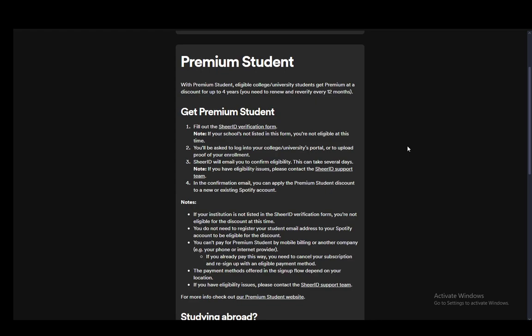subscription discount for yourself. Now, with Premium Student, eligible college and university students get a premium at a discount for up to 4 years, and you'll need to renew and re-verify every 12 months, so keep that in mind. But to do this, you need to fill out the Share ID verification form, which you can find the link anywhere you would like. And if your school isn't listed, you're not eligible currently for this, so I'm sorry, but